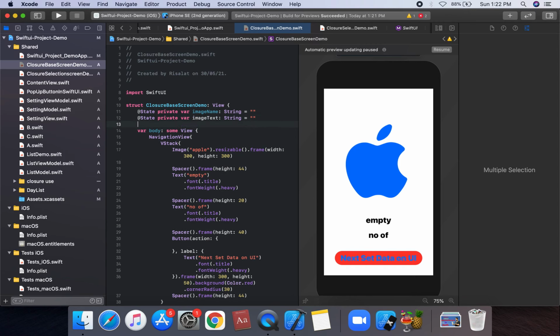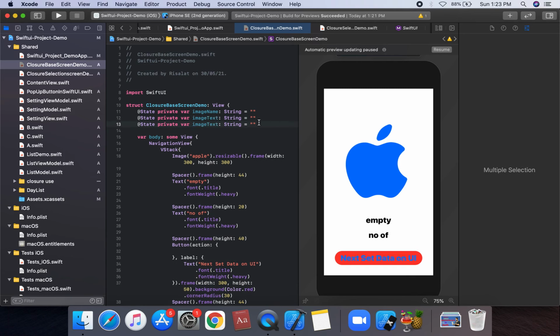And we can create another state property, sum of two numbers, sum, which is of type integer, and the default value is 0. And another is of type string, assigned as string and integer. So we can set the value.